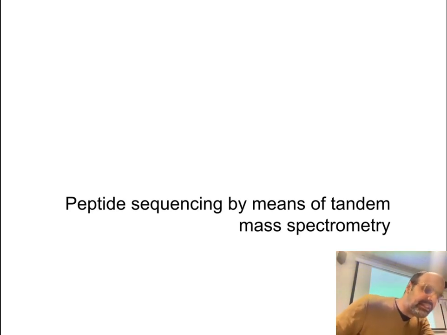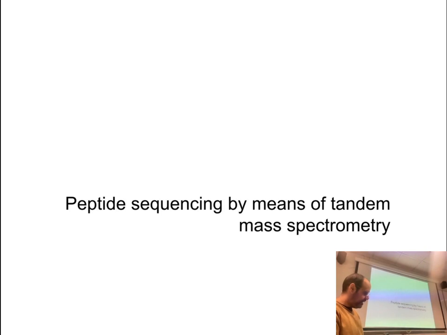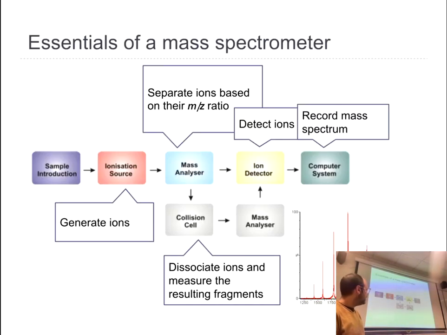So what we're going to do is a bit of revision here. This is one of my favorite lectures, by the way. You remember these are the essential components of a mass spec. First of all, we need to introduce the samples, then we do ionization. How do we ionize samples? Soft ionizations. Electrospray and MALDI, very good. So these are the soft ionization sources. And then we've got a mass analyzer, or two. So we generate ions, then we separate ions based on their mass to